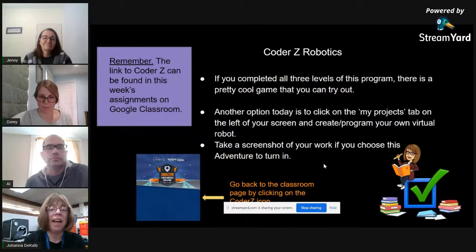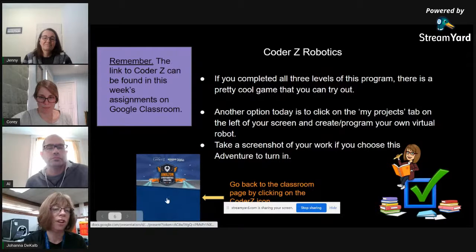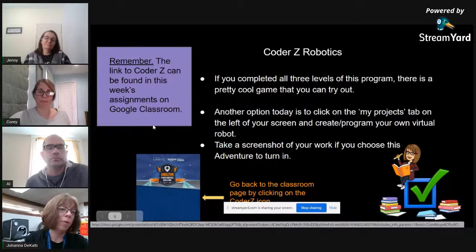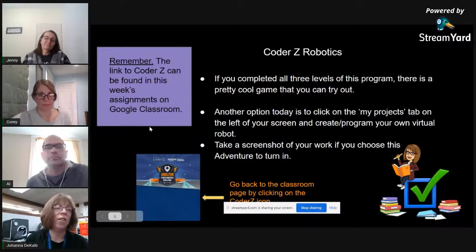Really cool to be able to do that, and to take a screenshot of your work if you chose this adventure to turn in. So they had a task they had to do. And they remember that we were using Coder-Z that week, so the link to it was found right in Google